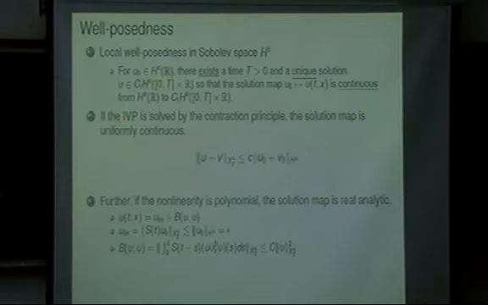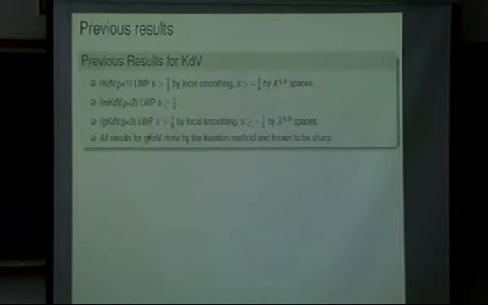Okay. So, in my problem, the fifth order KdV equation, the big difference between the KdV equation and the fifth order KdV equation is the notion of well-posedness. So let me just quickly review what has happened in the KdV theory. Because when I first encountered the fifth order equation, I thought that it is solved very similarly to the KdV equation, but it turned out that there is a different story.